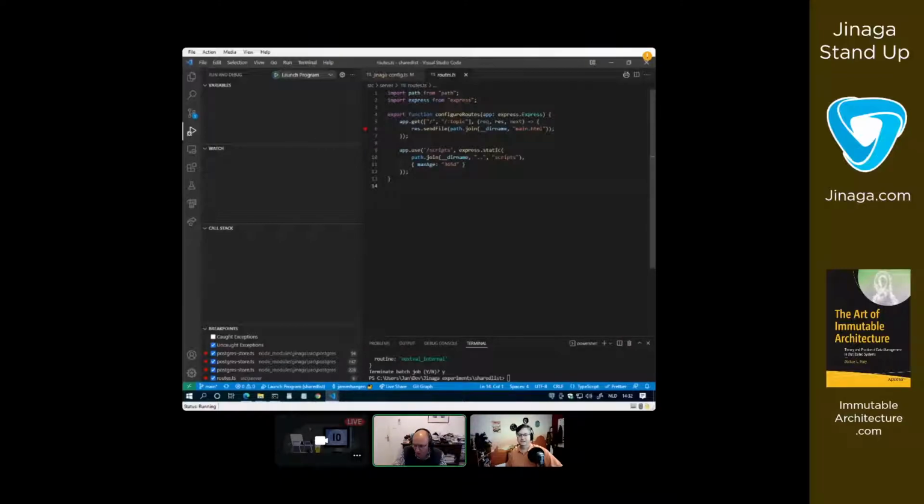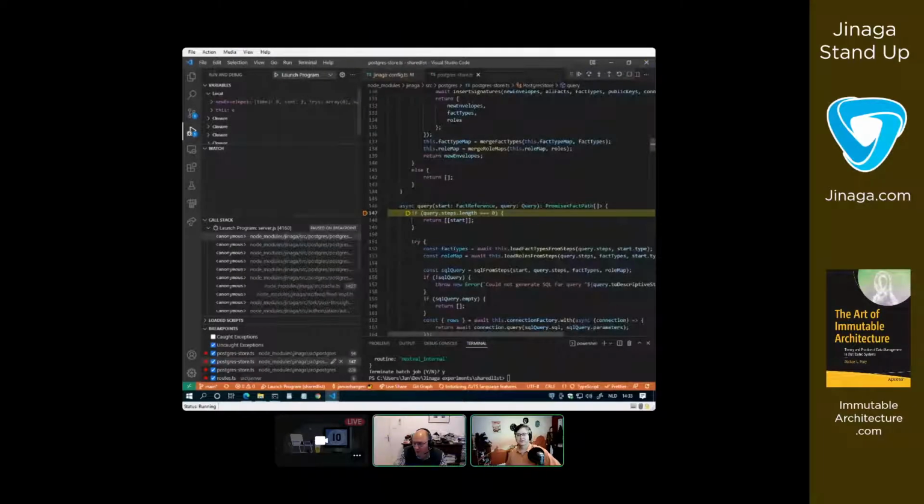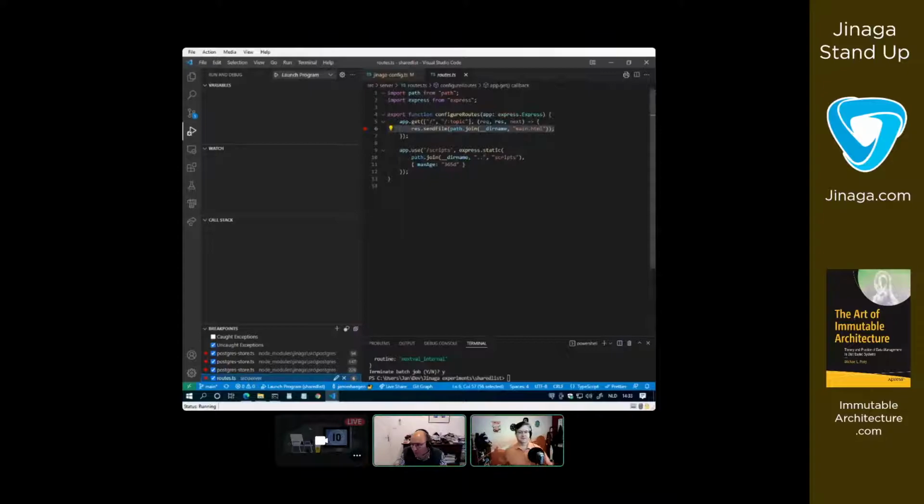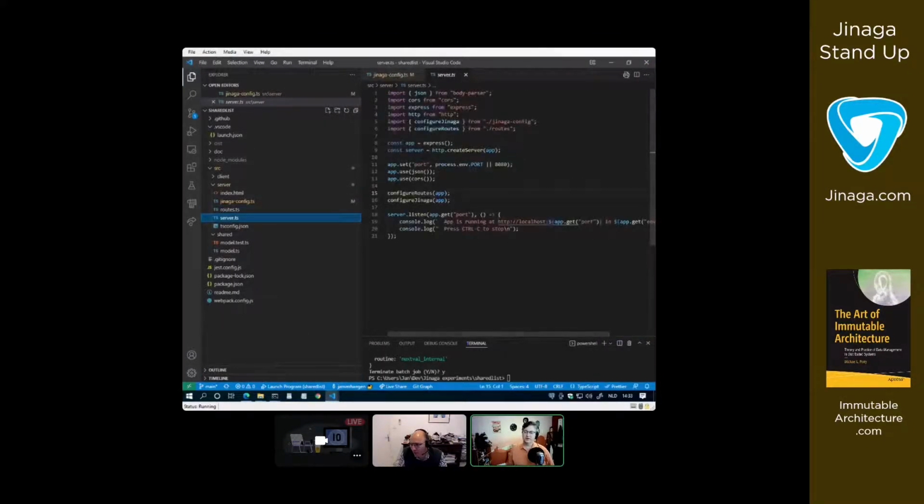If I run it now, I say launch here. Is it not hit? So you've got the breakpoint inside the route itself. Yeah, so that one wouldn't get hit until the browser tries to get the home page. But if you move the breakpoint outside of that, for example here, in the server, you will get that one.